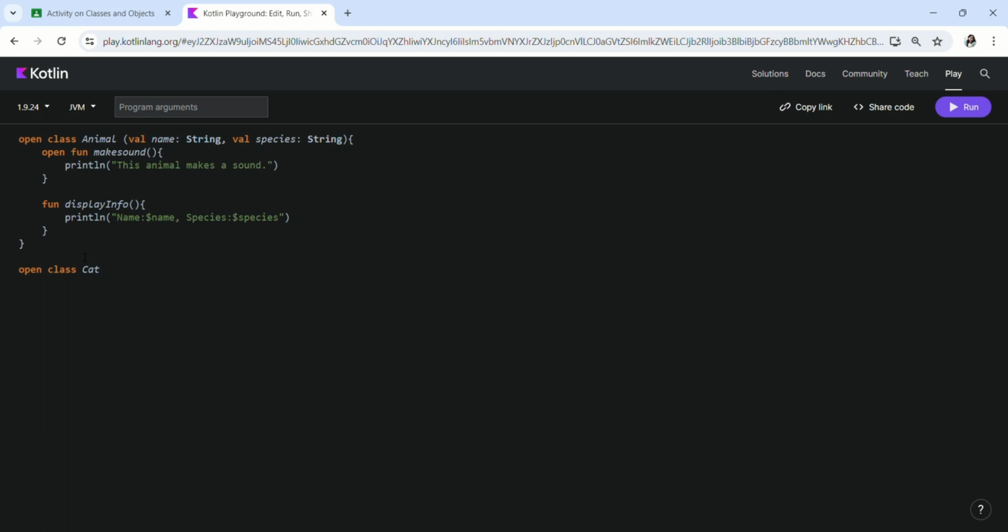Then the constructor here will take three parameters: name, species, and breed. Name: String.